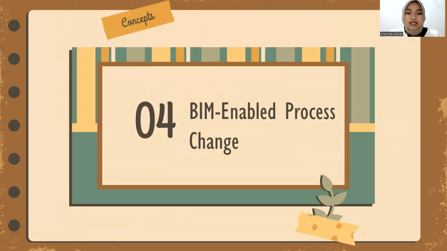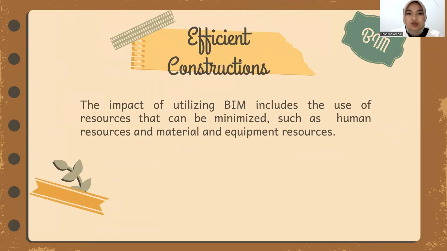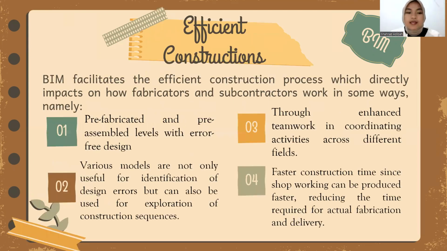The first section is BIM-enabled process change. The use of BIM in the construction sector certainly provides changes or impacts, including, one, efficient construction. The impact of utilizing BIM includes the use of resources that can be minimized, such as human resources, materials, and equipment resources. BIM facilitates the efficient construction process, which directly impacts how fabricators and subcontractors work in some ways, namely,